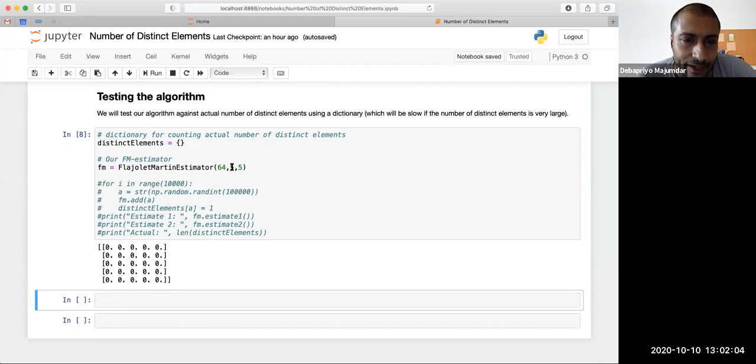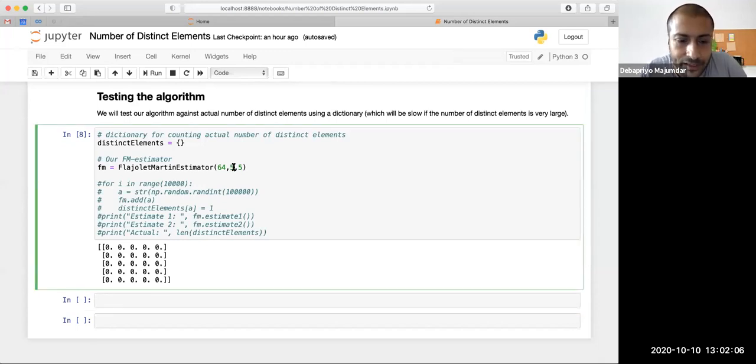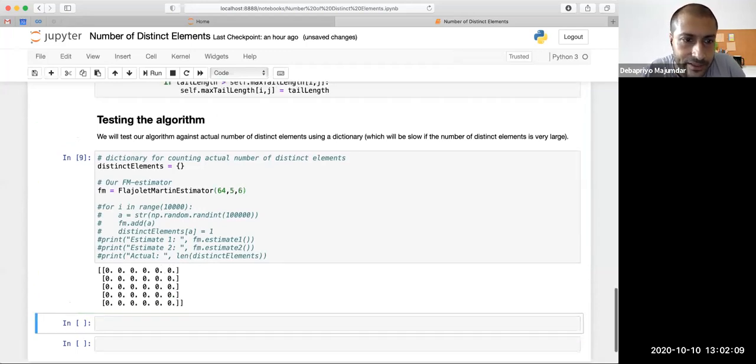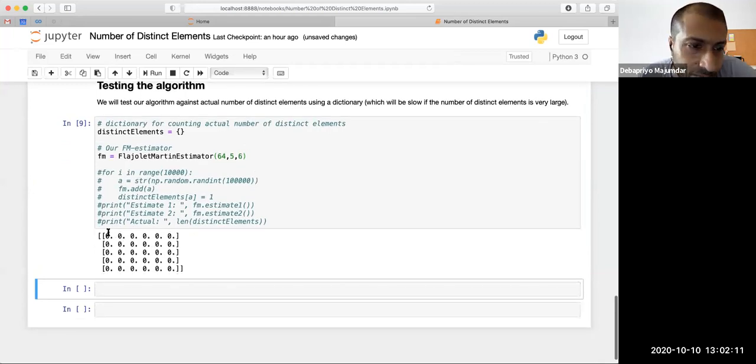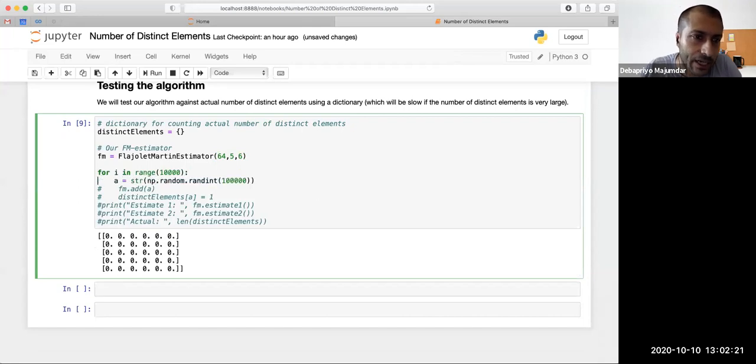And let's say I'm taking 5 rows and 5 columns. Instead, maybe let me take 5 rows and 6 columns. So basically 5 in each group and 6 groups of hash functions. Initially, all maximum tail lengths are 0. And now I'm going to do the following.